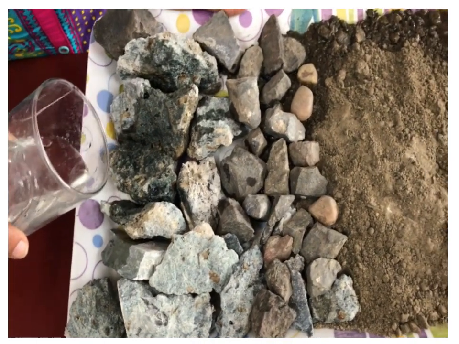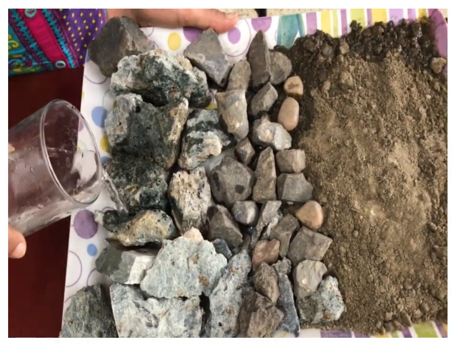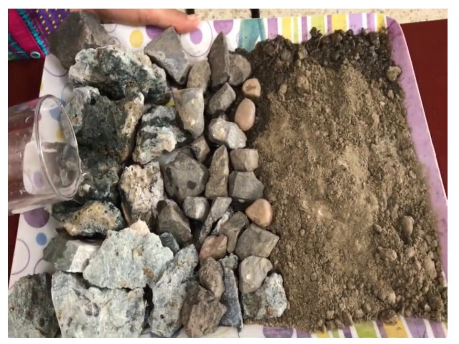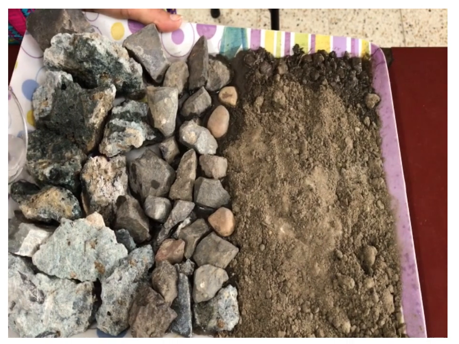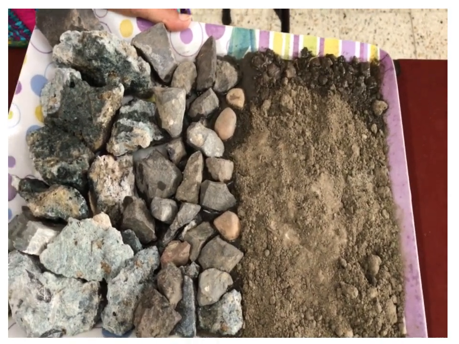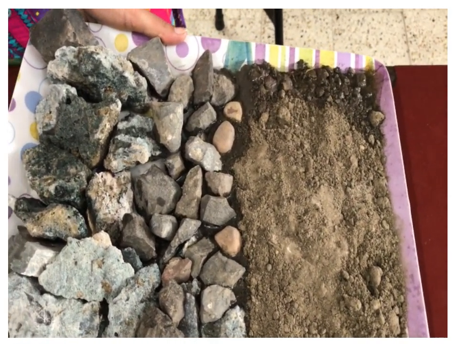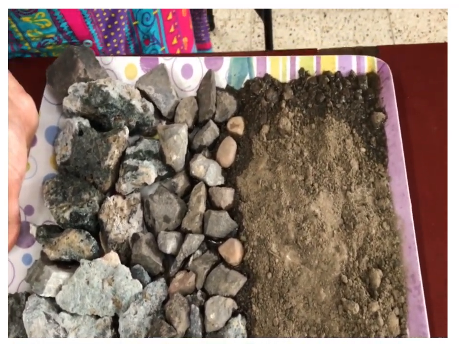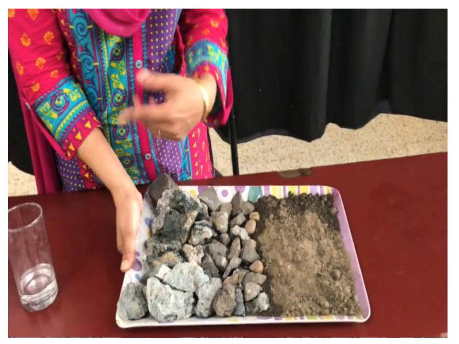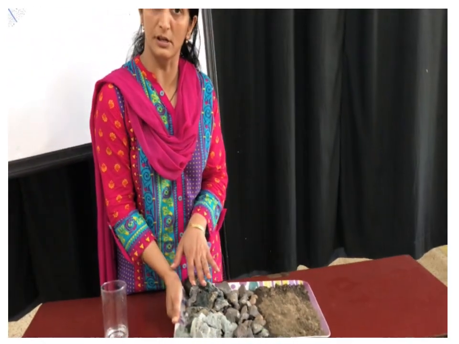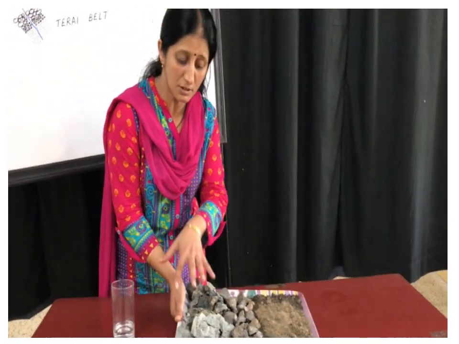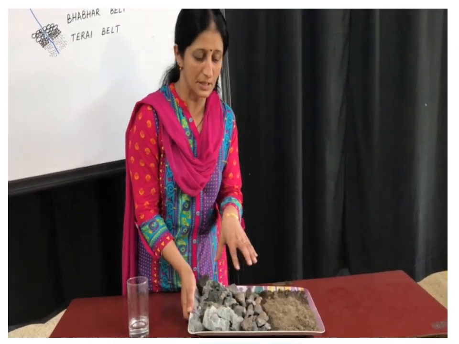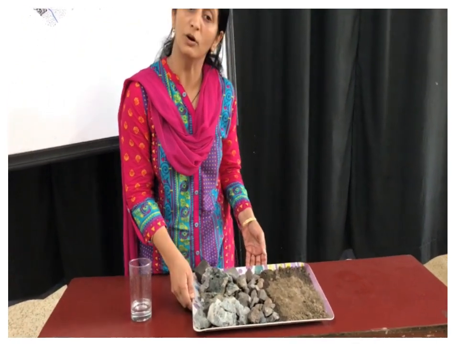Now you can't see the water, the river flowing here, but you wait and watch till the water reaches the Terai belt. Now over there you can find the water. So people feel that there is no river over here. The river has disappeared, but actually that is not the case. The river is there, but the rocks present in the Bhabar belt are hiding the water. So this is actually proving what your book says.